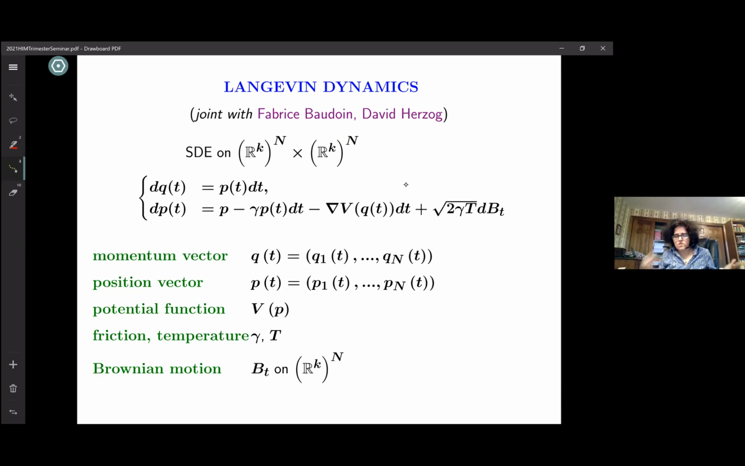But for now, the constants still depend on that, so we still need to do something about that. So here's the setting. You have this system of equations, the usual momentum and position